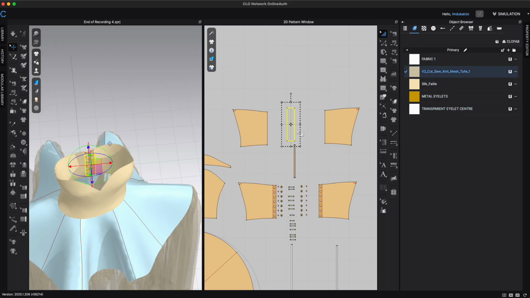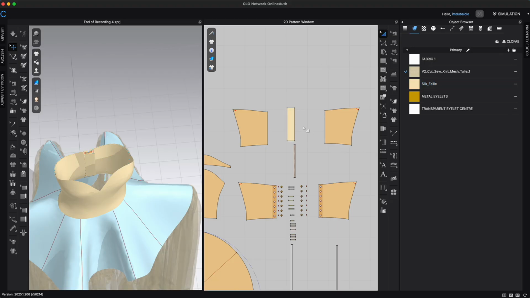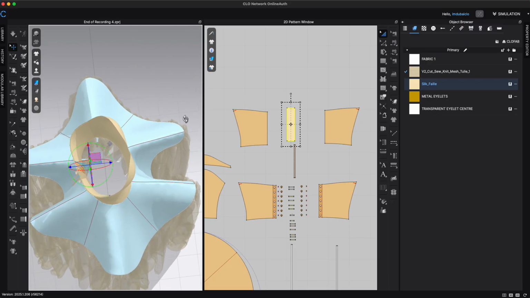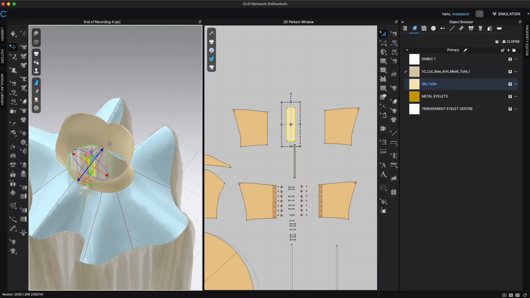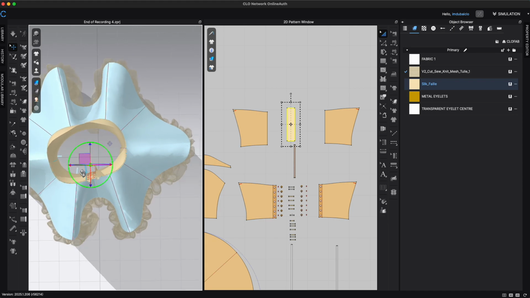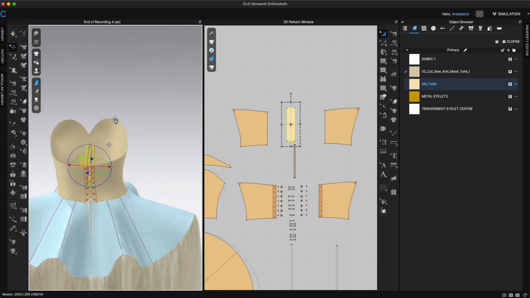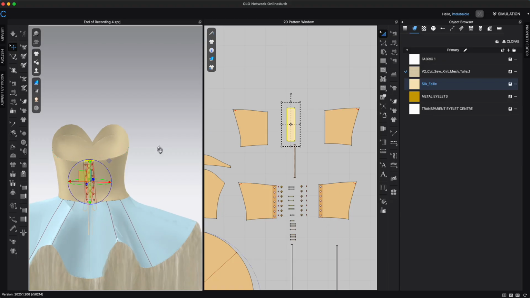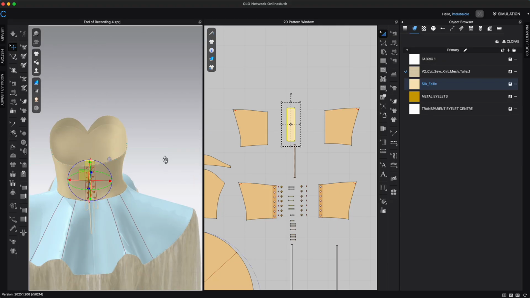And then from the object browser, I want to apply this fabric to it, same as our dress. And yeah, let's see if we need to strengthen it or not. Okay, so it's twisted in here, as you can see, quite nicely from the top. So I'm just going to twist it around to make sure it's correct. And then also I'm going to move it down a bit. Okay, let's try